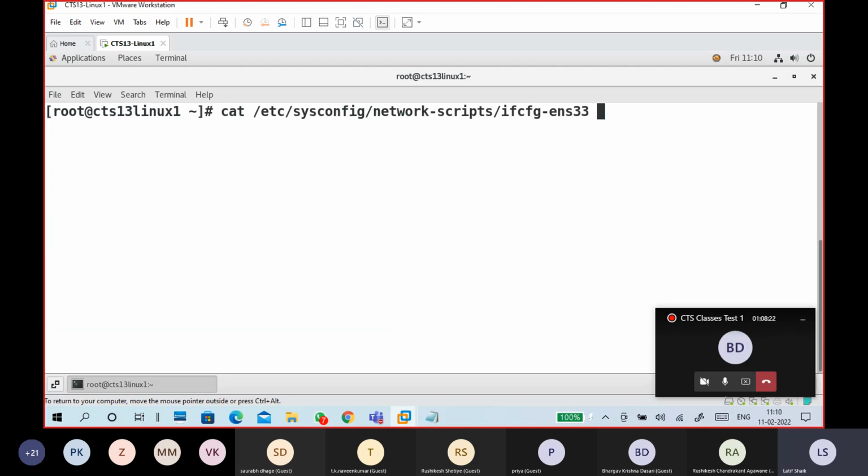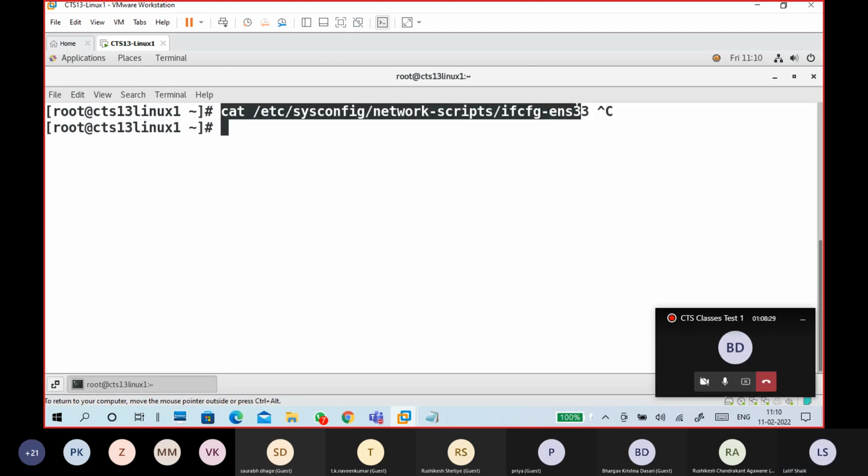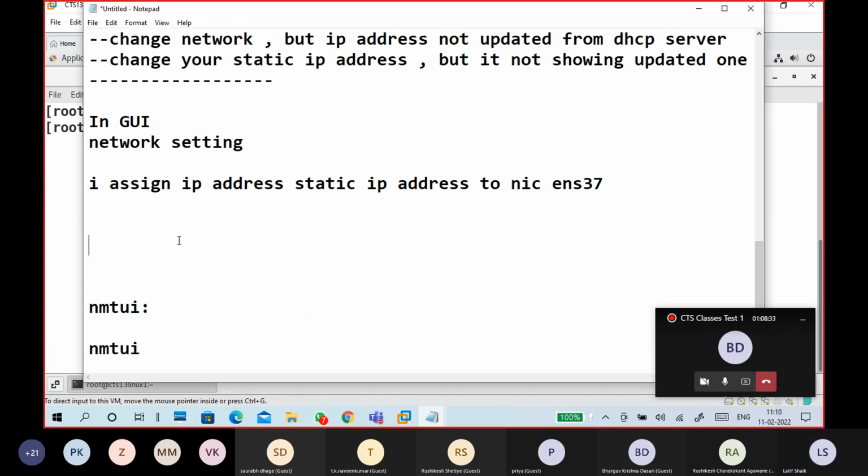How to check it? Like this. I will show you through NMTUI also. Now I'm in a CLI mode, right?